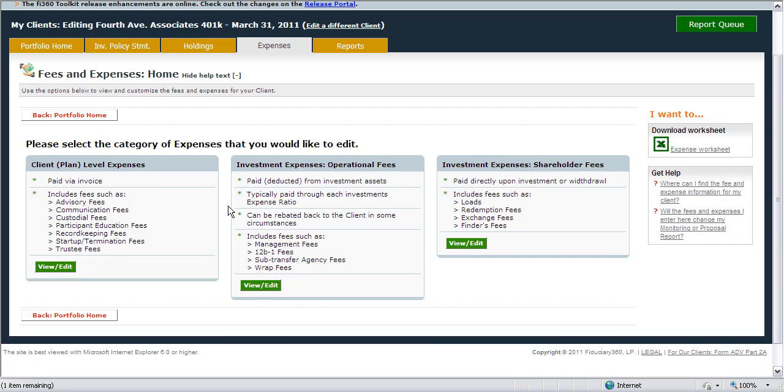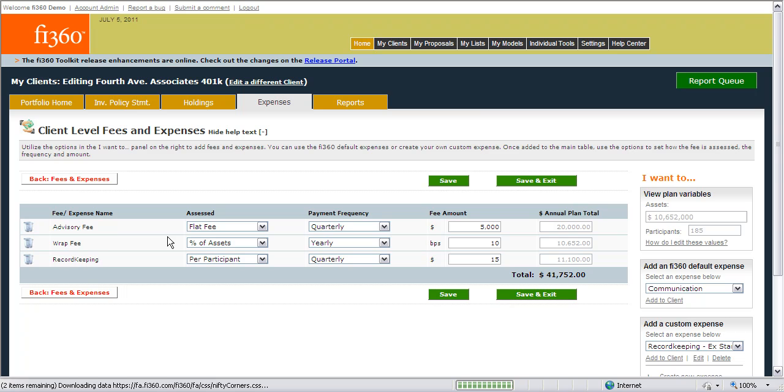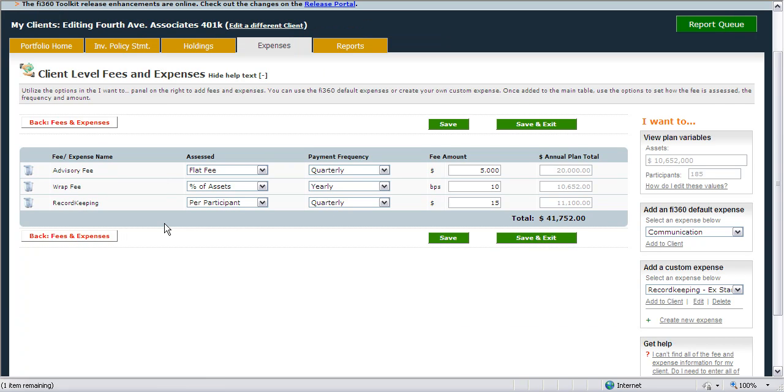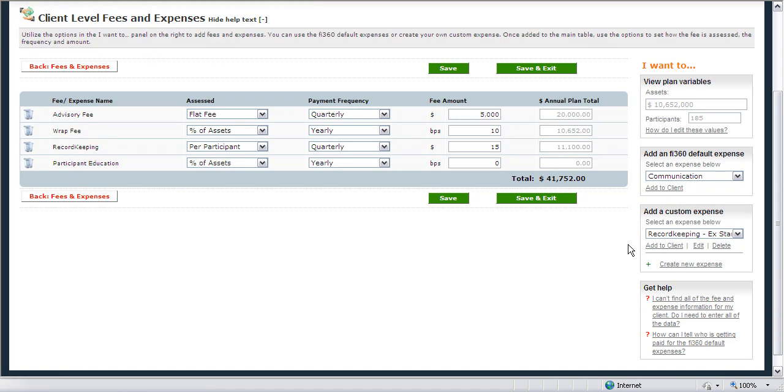The expenses can be broken down into three different areas: client or plan level expenses, operational fees, and shareholder fees. The first section is the client or plan level expenses. Expenses can be created and entered into the system by using the options on the right hand side. Users can use one of the default expenses stored in the fi360 Toolkit, or they can create their own custom fee,